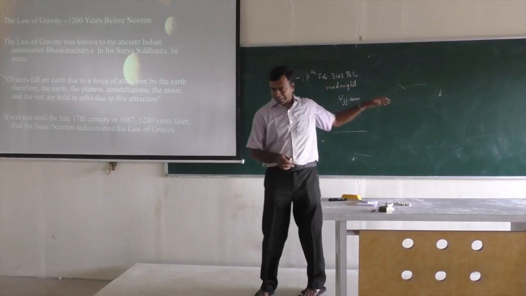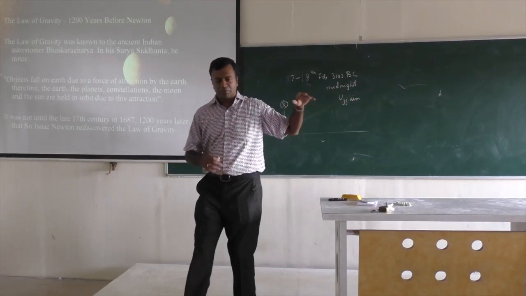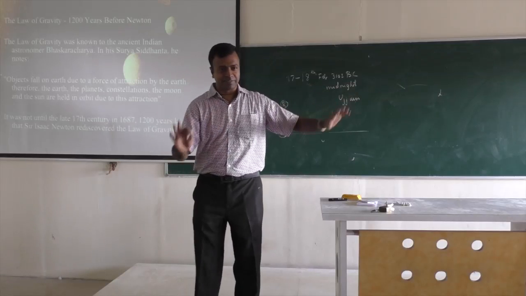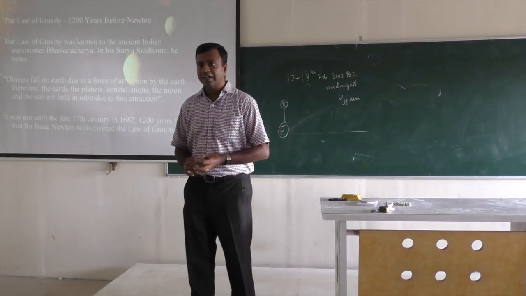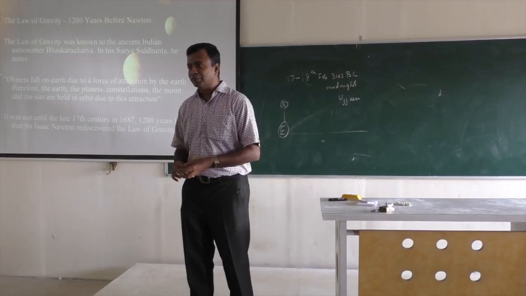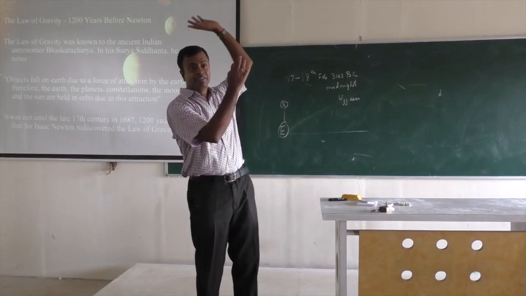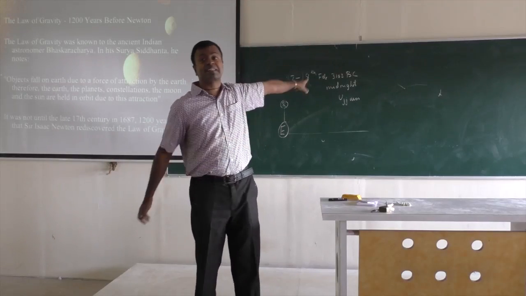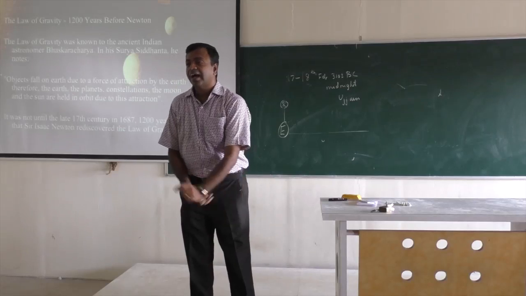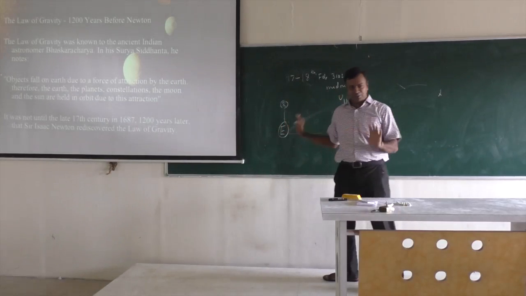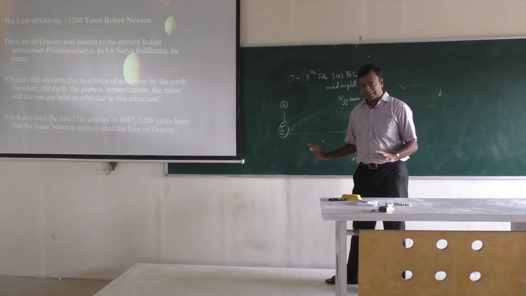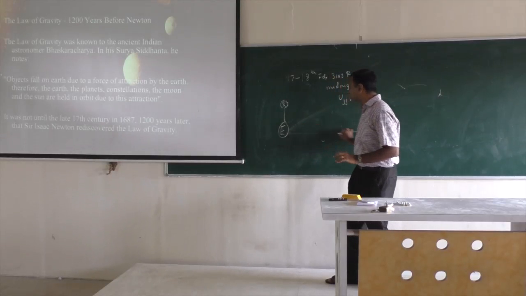Now whether we want to accept the day, or whether we want to accept Kali Yuga, that's a different thing. But at least today you have software, called Skyview, where you can go back on any day and see whether the sky was like that. And if you do that, you'll be very surprised to see that the sky was like that on that day. That means all planets, according to software,